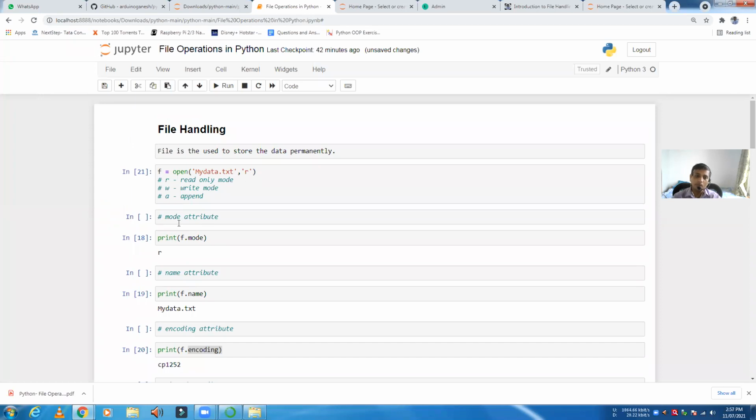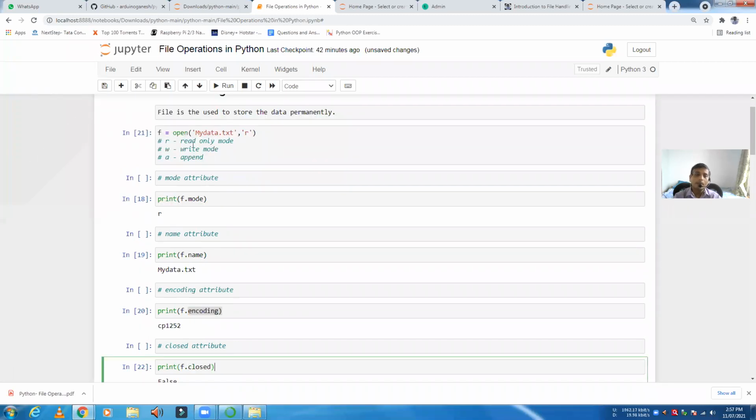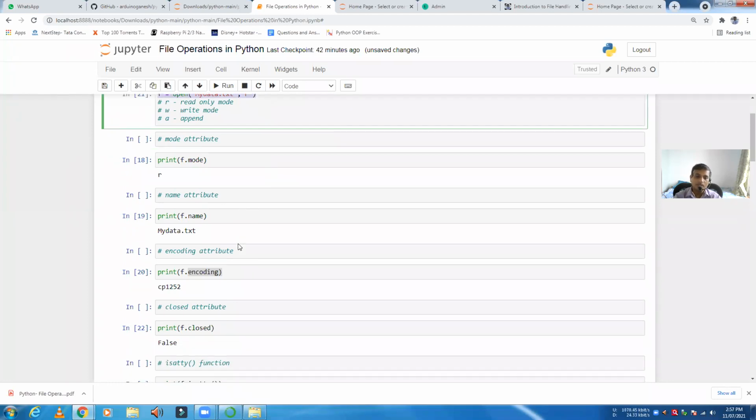So what are open and close? Open means I want to use that file; close means now I don't require this file, I'm returning this file to the hard disk, that is, returning it to the operating system. That is called a close. So open means you are acquiring that particular resource, and close means you are releasing that resource. Acquiring and releasing is compulsory if you want to use any resource. First you acquire, and after that you close.